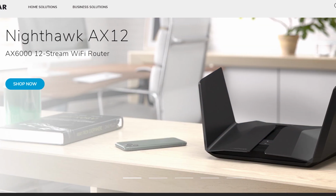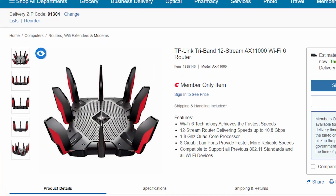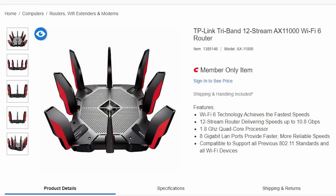Well, basically, these are like prosumer grade products. So on the lower end, the consumer grade products are going to be like your Netgear Nighthawk and the sort of all-in-one combo devices that have your router, firewall, access point, switch, basically combined into one unit. Then the next step up is going to be something like the prosumer UniFi stuff that we see from Ubiquiti Inc. or something like this TP-Link Omada, where instead of having everything combined into one little appliance, you have a